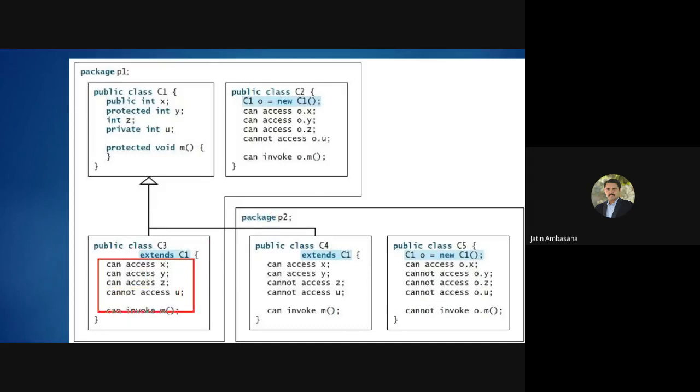Now why is it said over here as access and here as creating an object and then accessing it? Because see, this is a subclass. So by default it will inherit X, Y, Z also, and this M. It will not inherit this U. It can directly access; you don't need to create an object of C1. You just need to directly access these properties of C1 inside your methods. But this C2 is not a subclass of C1, so it needs an object of C1 to access its properties. See that?